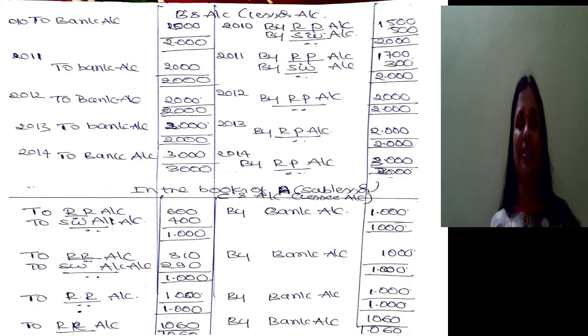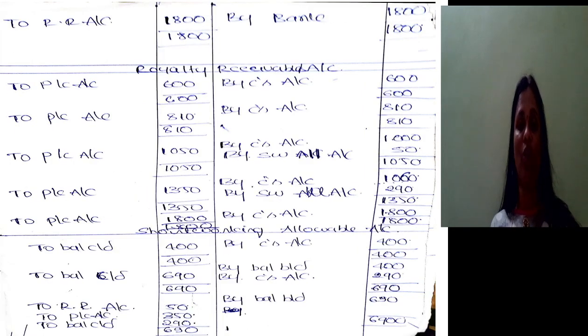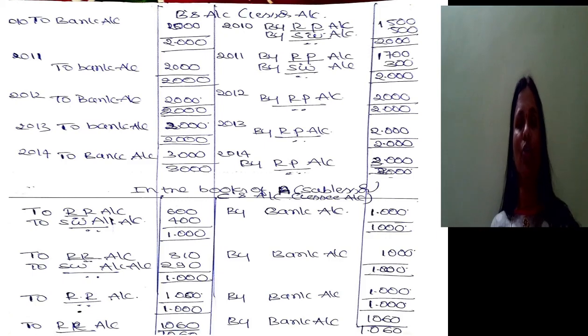As far as C is concerned, by royalty receivable 1000, the amount will be received from C: bank account debit to C's account. So C's account will get closed. As far as short working is concerned, there is recoupment to the extent of 50. We have already passed the entry short working allowable account debit to royalty receivable. That portion which is not recoverable is profit to the lessor. So short working allowable account debit to profit and loss account 350. That portion which should be carried forward to next year should be shown as a balance: to balance carried down 290. This is with regard to third year.